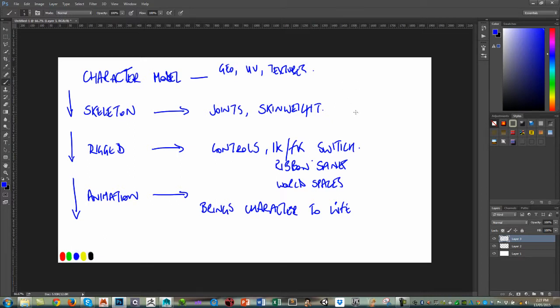Or in terms of games, literally the only thing I want to be sending through into the game engine is ultimately the skinned character model, and then literally the animations. I don't want messy rigs with constraints and controls in the game engine. I want the game engine to literally be as clean as possible. Okay,